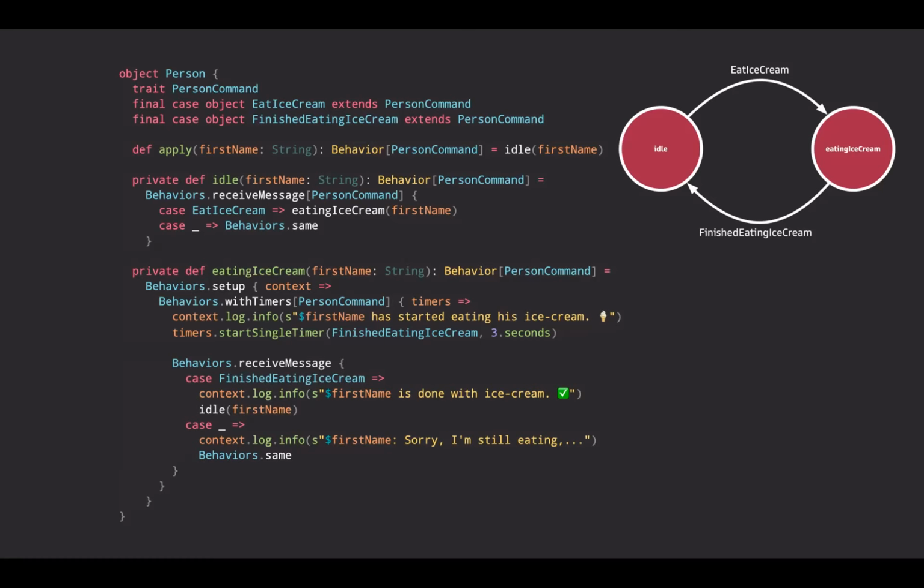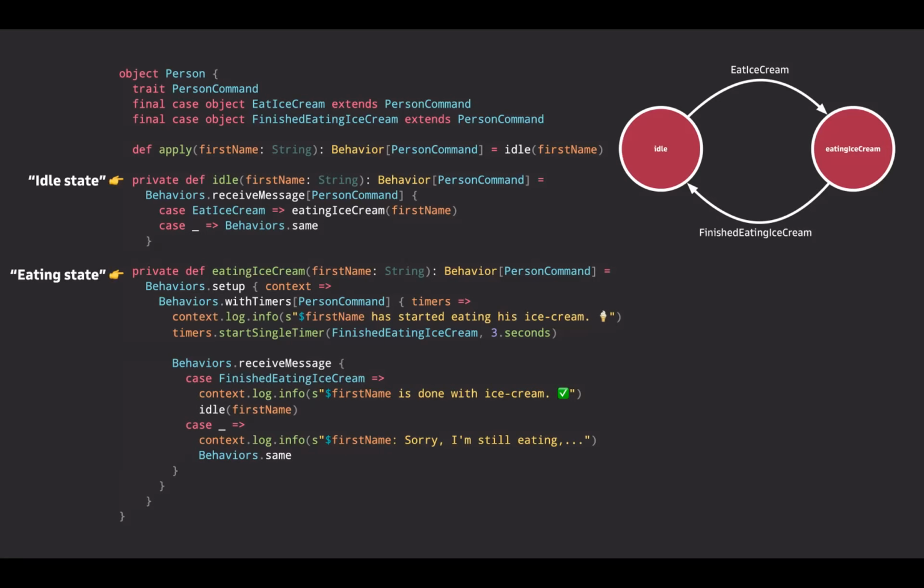So you can see that you can define two different states, for example here the idle state and the eating state, and the actor will behave differently given which state it is in. So the idea of defining these states is very, very easy. And you can also see that the way from one state to another is done through a timer.